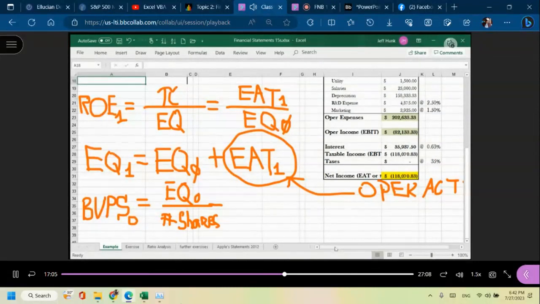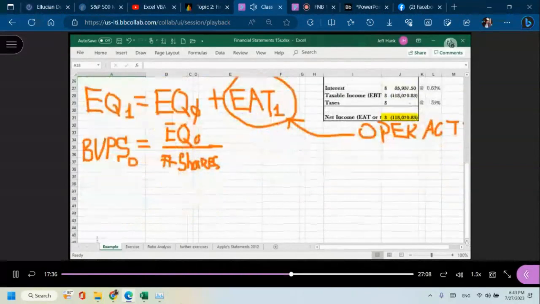Some stocks can be repurchased by the company with the purpose of artificially raising the stock price. But anyway, that's by definition book value per share. Okay. Then we understand that the EAT is profit, net profit, but